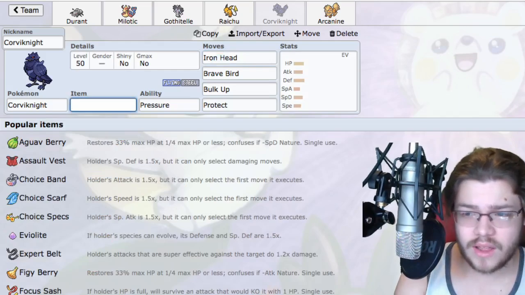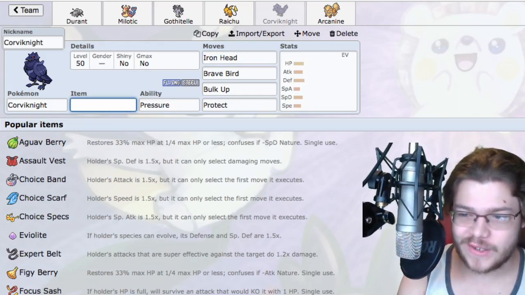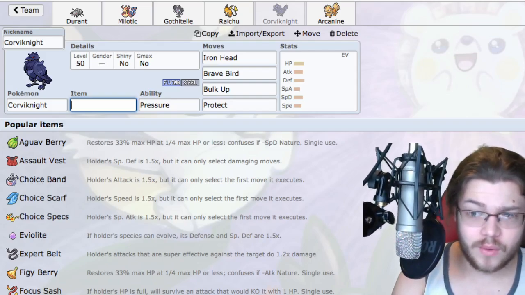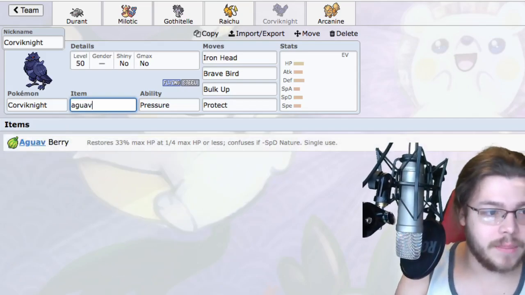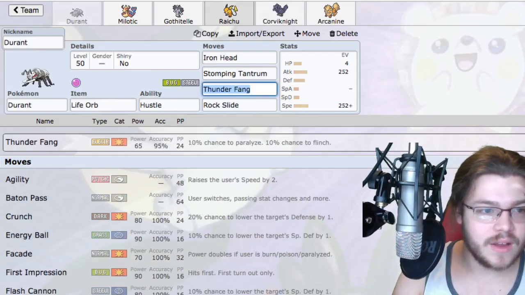Actually, there's also a little piece of me that wants to go for Weakness Policy Corviknight strats. I don't really know how that works, so I'm not going to do it now. But I think that could be cool. Let's go ahead and set up a Pinch Berry for Corviknight. After a Bulk Up and then maybe some boosts, Corviknight will see